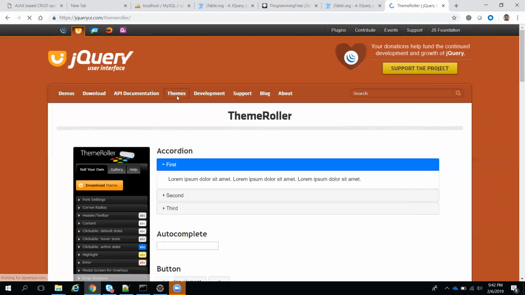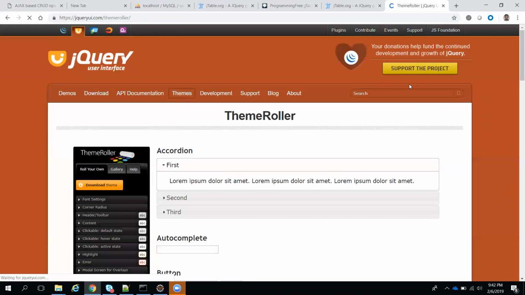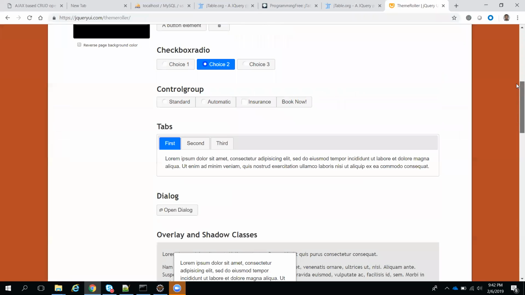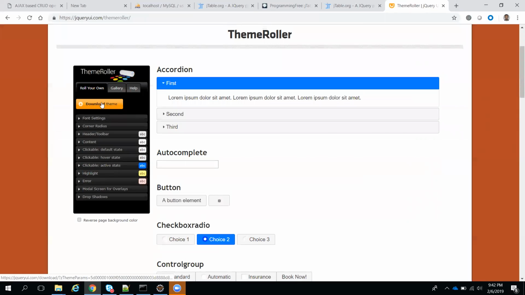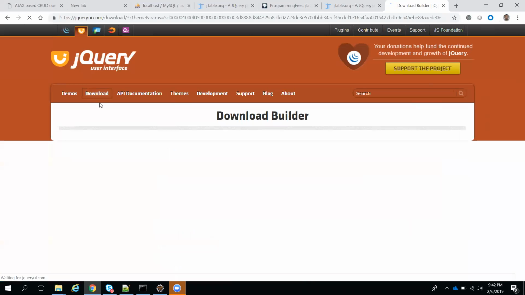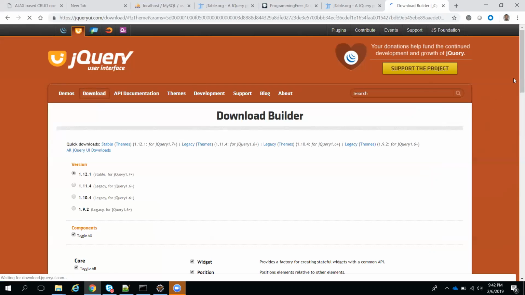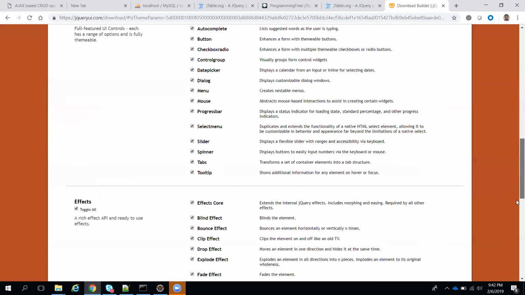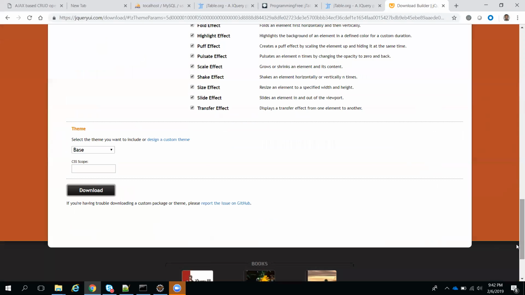I will show you. For example, you guys will think this is difficult, but this is not that difficult. You can choose some theme. Okay, where is this theme? Yeah, download theme. We can choose our fonts and colors, everything we can choose here. It is called customization. When I click on theme, we can choose different fonts and whatever widgets you want, everything we can select, and you can download that particular CSS.